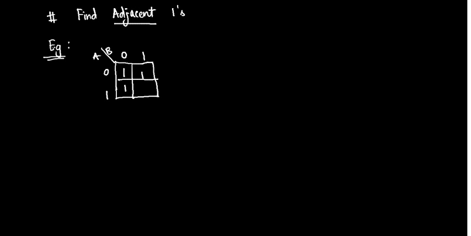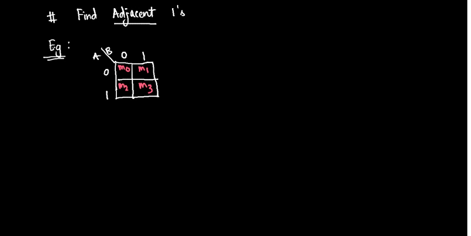Before that, I'll simply label this M0, 1, 2, 3. Each minterm, each square is said to be adjacent to another only if it differs by,